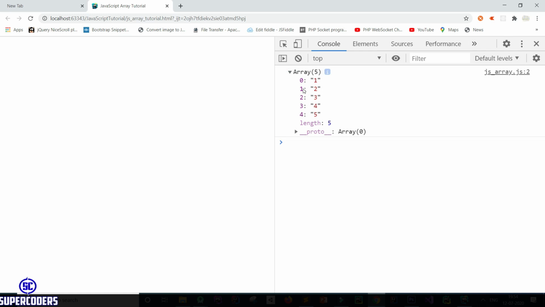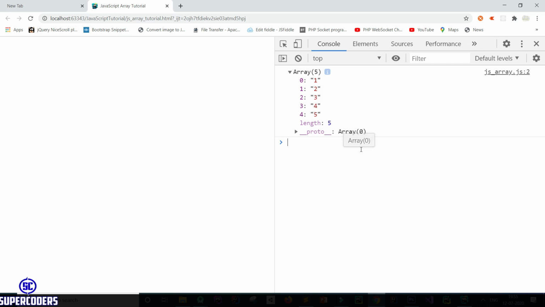Click on this arrow. So you can see in 0 index it's showing value 1, in 1 index it's showing value 2. So the first column here is called index, which is the index value of the array. Every item stored in an array is at a position, and the array starts from 0. So at 0 position 1 is stored, first position 2 is stored, second position 3 is stored, third position 4 is stored, and fourth position 5 is stored. So remember this is the value and this is the array index, and at every position you store a value. So in 0 index you access value 1.